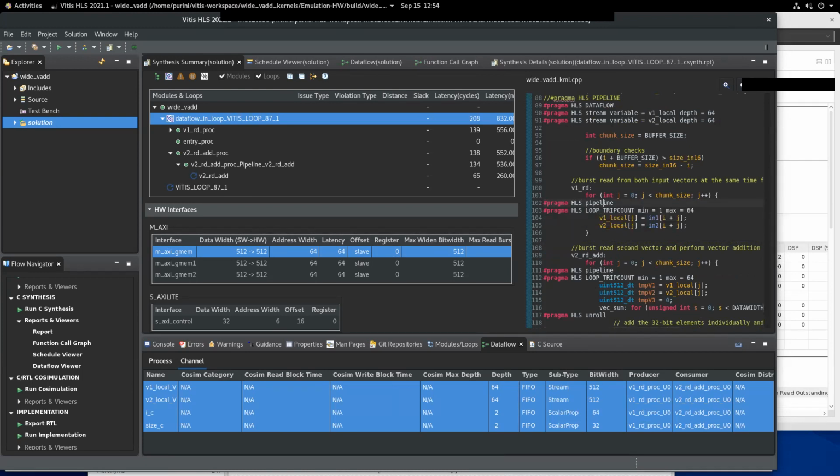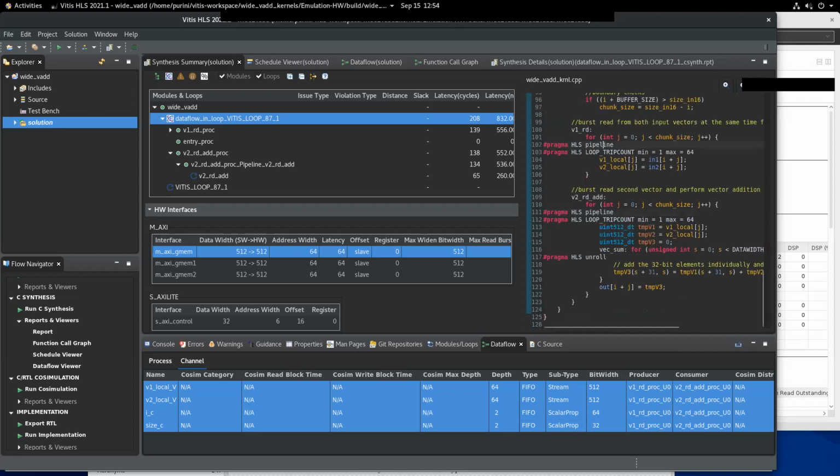Similarly, for the second loop on line number 116, the iteration latency is 4 clock cycles, but the throughput is 1 iteration per clock cycle because overlapping happens.